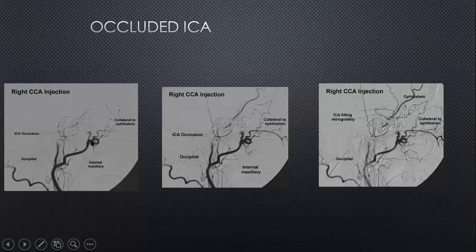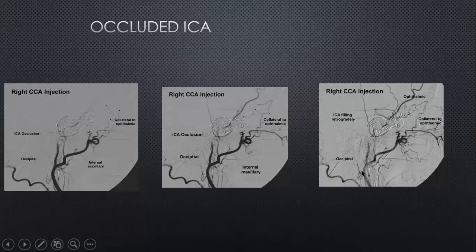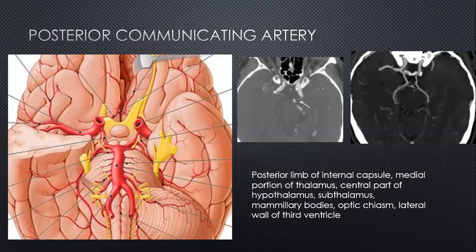So this is the internal maxillary artery, and you can see the anastomosis of the internal maxillary artery, which is a branch of the external carotid artery, via the ethmoidal branches, recurrent branches from the ethmoidal, and these recurrent branches then form the ophthalmic artery, and via there they form the ICA. So the ICA distal to the sacrifice has again reformed, just to emphasize the importance of the external carotid artery system in these situations. We move on to the posterior communicating artery now.